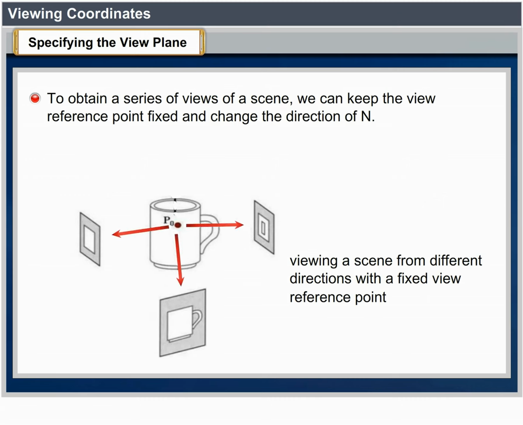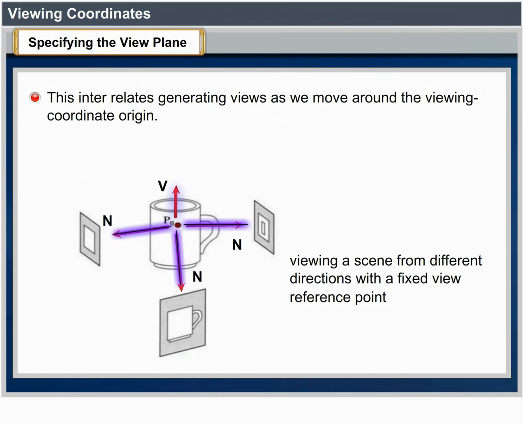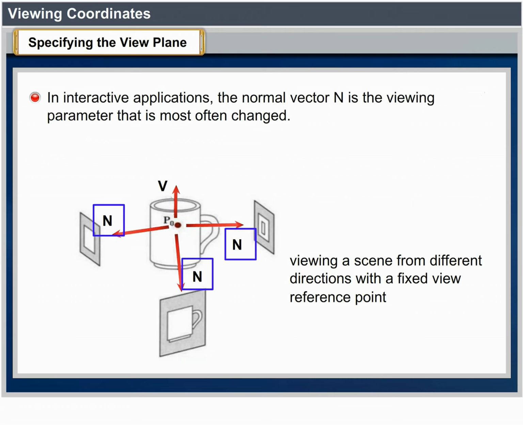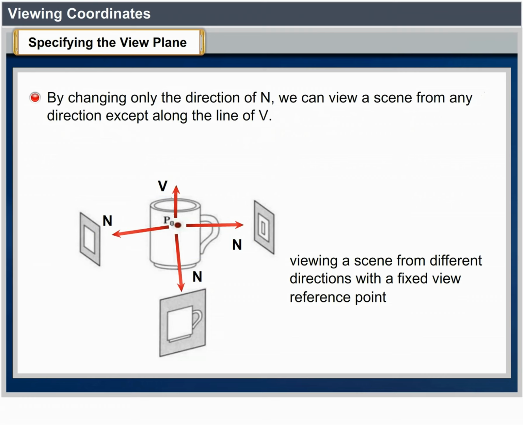Figure shows viewing a scene from different directions with a fixed view reference point. This corresponds to generating views as we move around the viewing coordinate origin. In interactive applications, the normal vector n is the viewing parameter that is most often changed. By changing only the direction of n, we can view a scene from any direction except along the line of